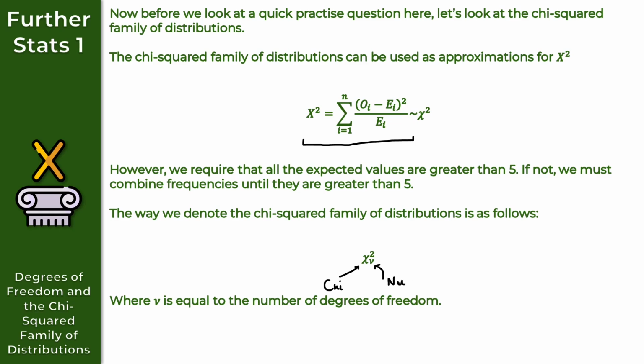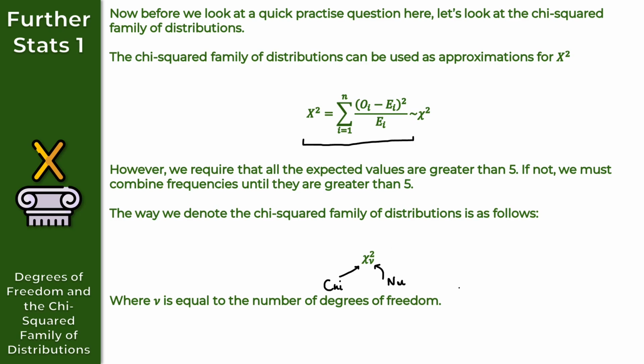Okay, so nu there. So again, another Greek letter. So the V, or, well, it's not a V, I keep calling it a V. It's not, it's the Greek letter nu. So nu here is equal to the number of degrees of freedom. Okay, so on its own, this doesn't look particularly interesting, but you'll see in a moment on the practice question